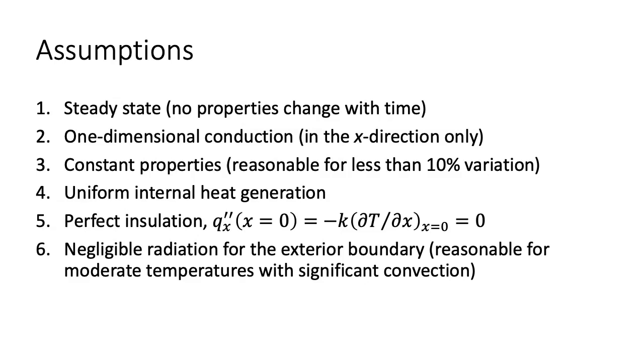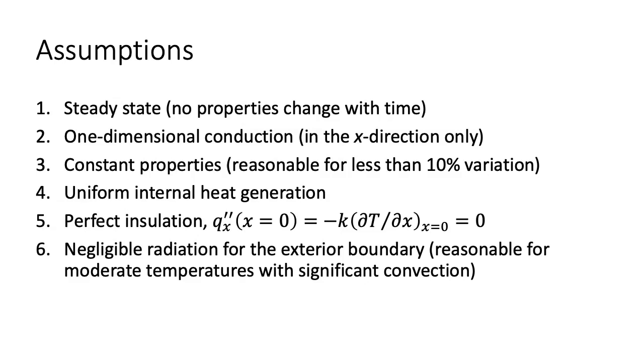Our fifth assumption is perfect insulation on the interior boundary, which corresponds to negligible heat transfer and a temperature gradient of 0. Our sixth assumption for this problem is negligible radiation for the exterior boundary. This is a reasonable assumption for an opaque wall and for moderate temperatures combined with significant convection at the exterior